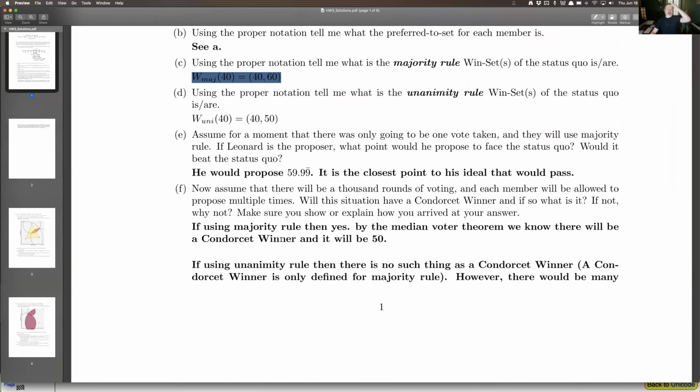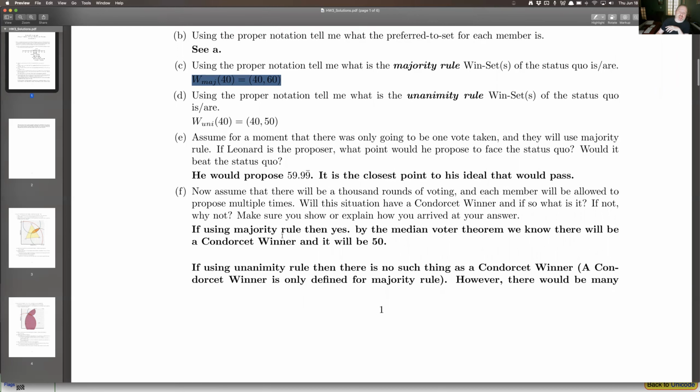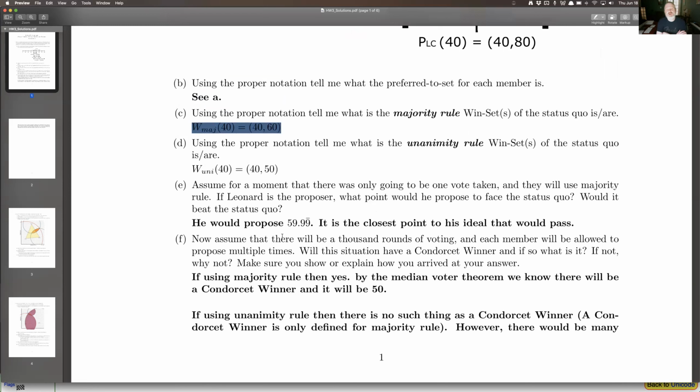The last part of question 1 says now there's going to be thousands of rounds of voting, and each member will be allowed to propose multiple times. Will this situation have a Condorcet winner? And if so, what is it? So everybody's going to get to propose. They're going to go 1,000 rounds. All right. So we could draw this out like the extended majority rule example that I did in the slides, right? And I had Florian, Brittany, Aaron, and Anna maybe,